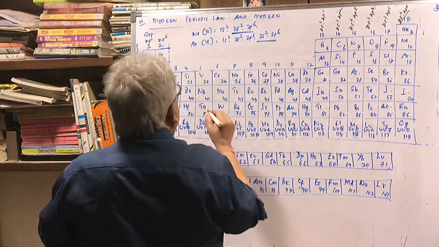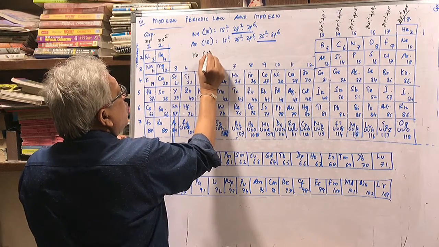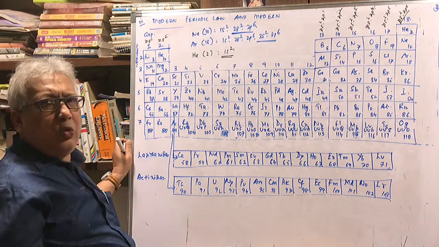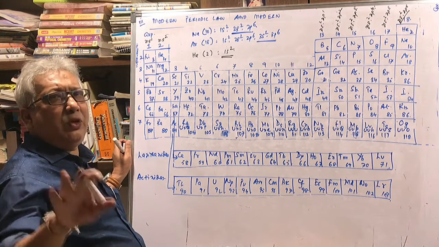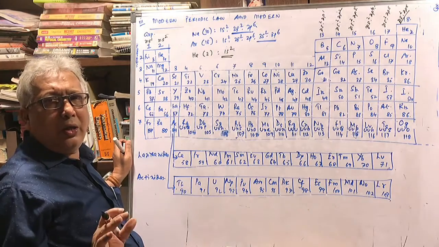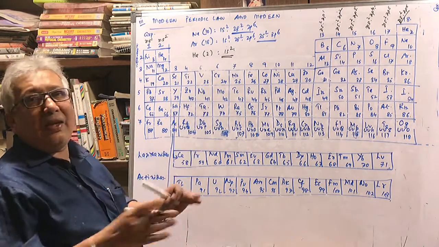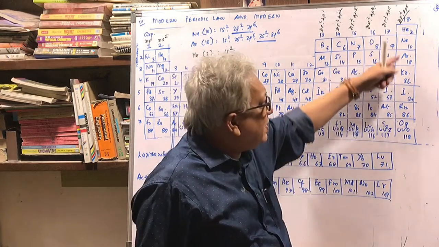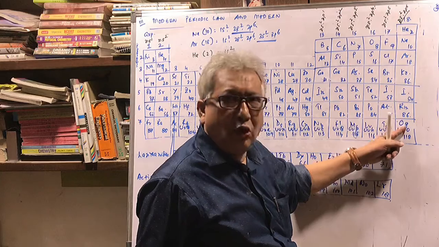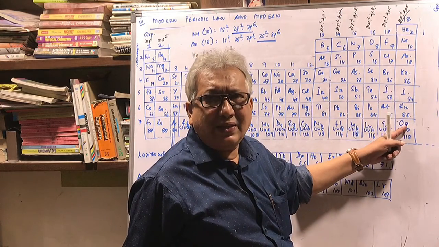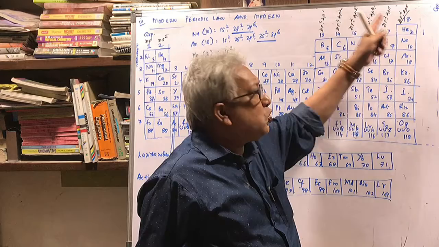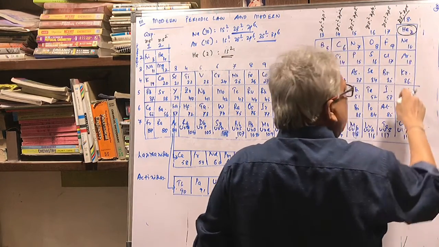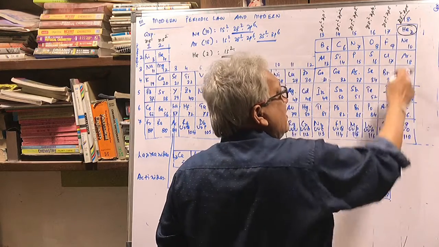Now ask me, sir, what about helium? Helium, well children, atomic number is 2. So its configuration is 1s2. It has got only one shell. There is only one subshell which has got ability of having 2 electrons, which it has got by the grace of God, and therefore it is inactive, just like the neon, argon, krypton, radon, etc. And since it is inactive like these elements, or its activity is less, so it falls in the category of noble elements. So in spite of having a different electronic configuration, it is placed in the same group because its behavior is same like others.